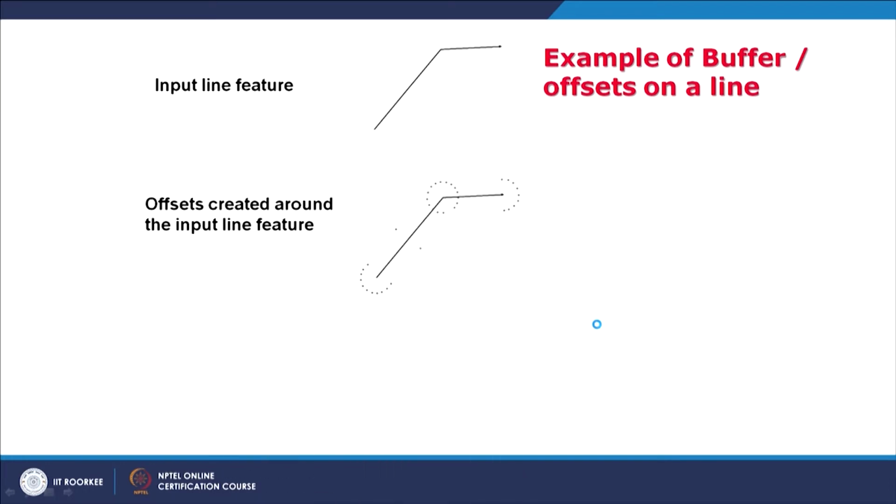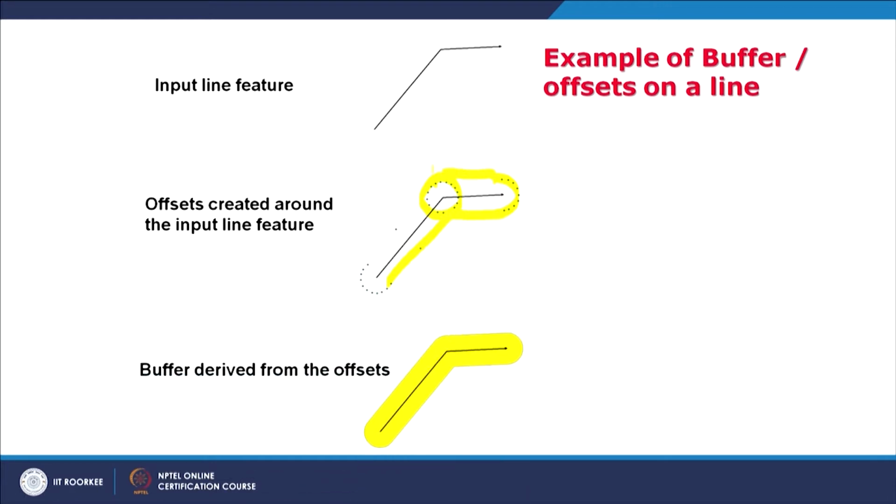Example here: along a line or polyline, how a buffer is created. As I was mentioning in the previous slide, a circle is drawn here because this is the end. So, a half circle is drawn here, this is within the polyline. So, the full circle is drawn, and then finally these circles are connected like this, as we can see here. So, the input here is the line feature, then offset or expansion is decided by the user depending on the understanding about a particular requirement or phenomena, and then the buffer can be generated like this.